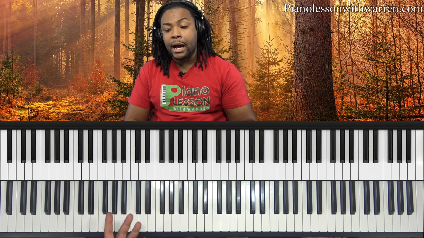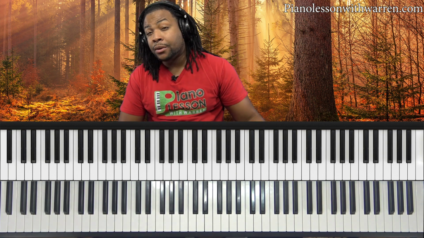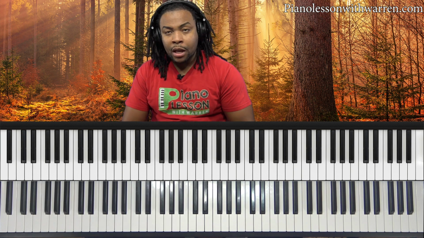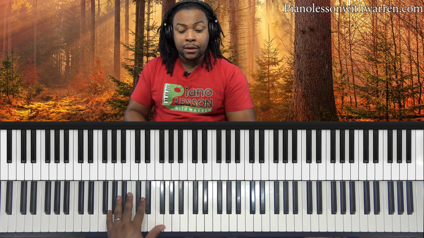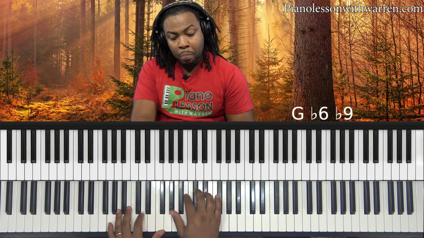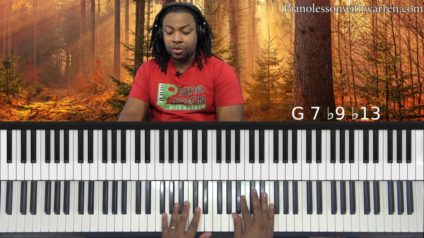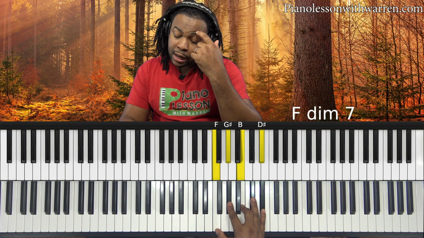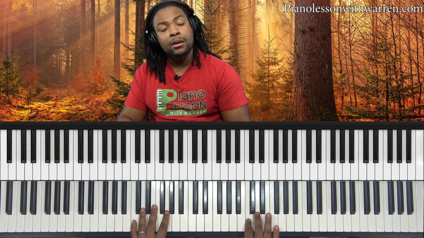All right, moving down the line, we have our flat 9, flat 13th chord. These are chords that are generally used when I'm doing a secondary dominant, or if I'm on the 5 chord, 5 going to 1, you can make these flat 9, flat 13th. It has a beautiful sound. So going back to that song, As the deer,